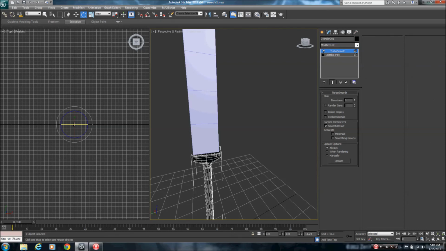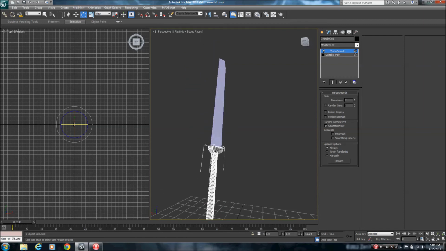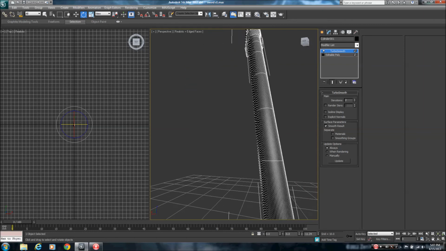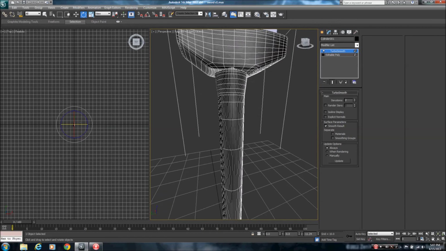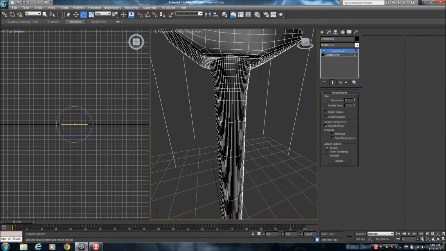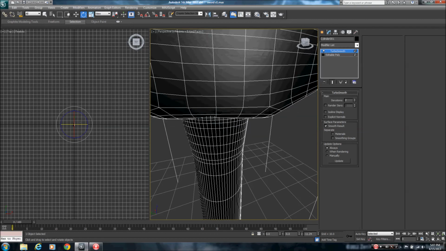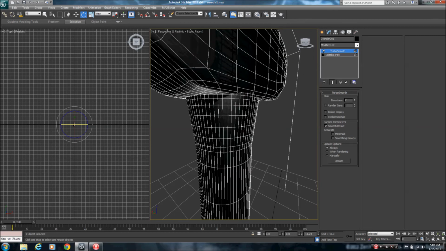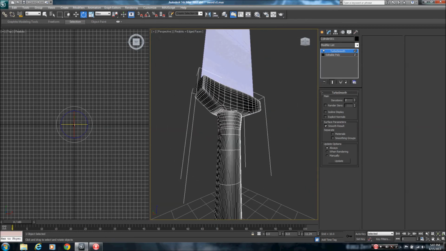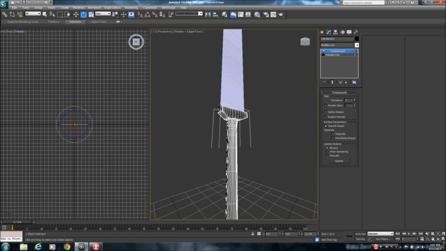As soon as you get it the way you want it, like for me, I want it at 2. I want it at 2 because I'm good like that. I'm awesome like that. Now you have it at 2. Now I want to point out something. This is how good turbo smooth is. You see this? Now from far away, it looks like it's literally connected to the thing because it's so smoothed